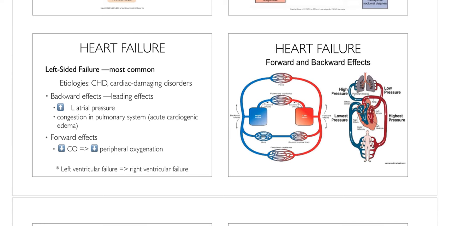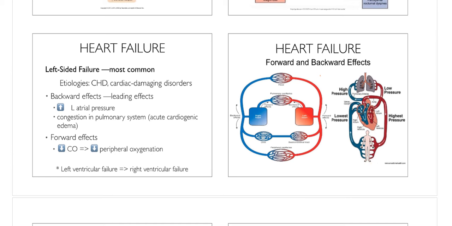And when it comes to the forward and backwards effects of heart failure, a lot of that can be better understood by being able to remember the circuit that the circulatory system goes through and where pressures should normally be. So we have the heart right here. The highest pressure we're going to experience comes directly out of the left ventricle, out the aorta, down to the body, the systemic tissues, because that's where we're going to have the greatest amount or the highest